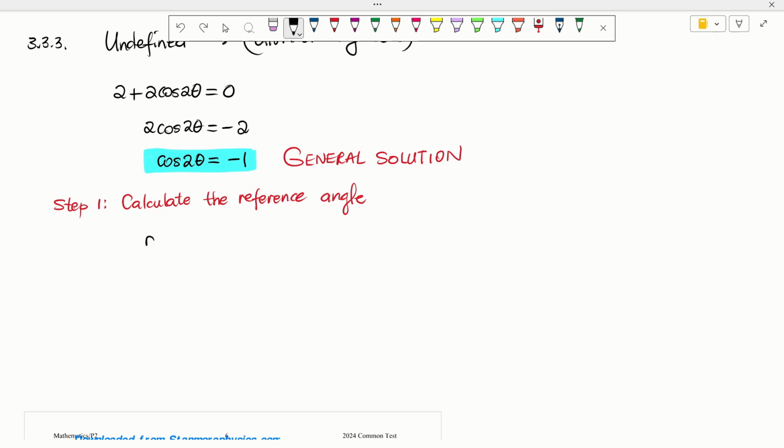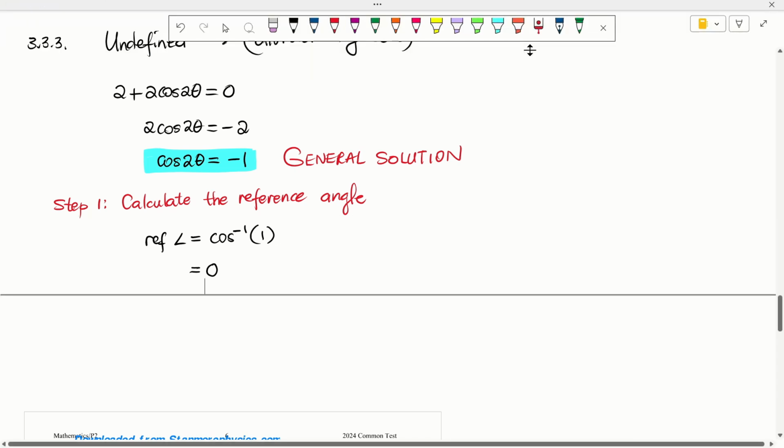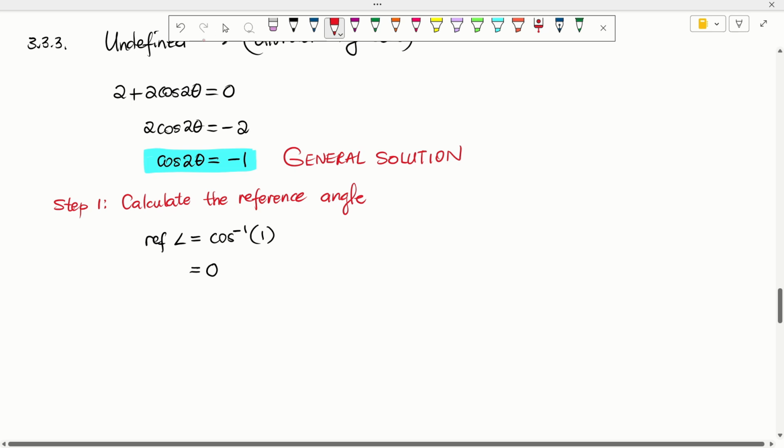So I'm going to say reference angle is equal to cosine inverse of 1. And then what do we get for that when we do cosine inverse of 1? We get 0. So our reference angle is basically 0. Therefore, step number 2 for general solution, to work for any general solution question, we'll see another general solution soon. So step 2